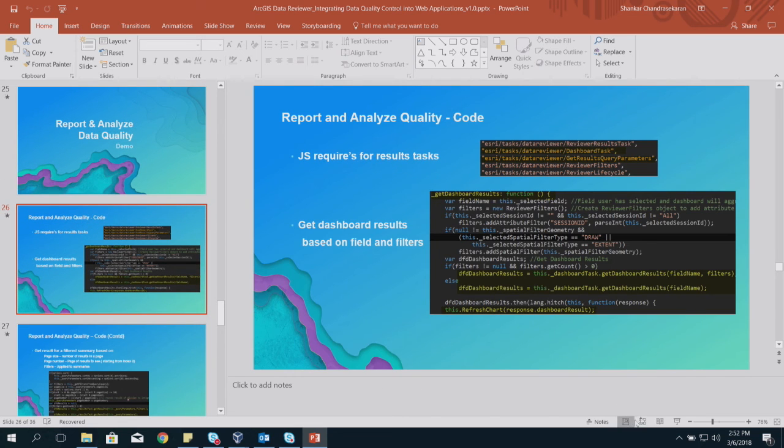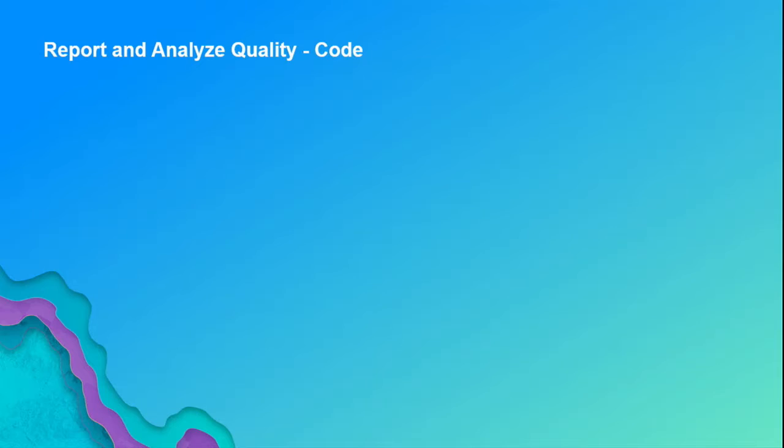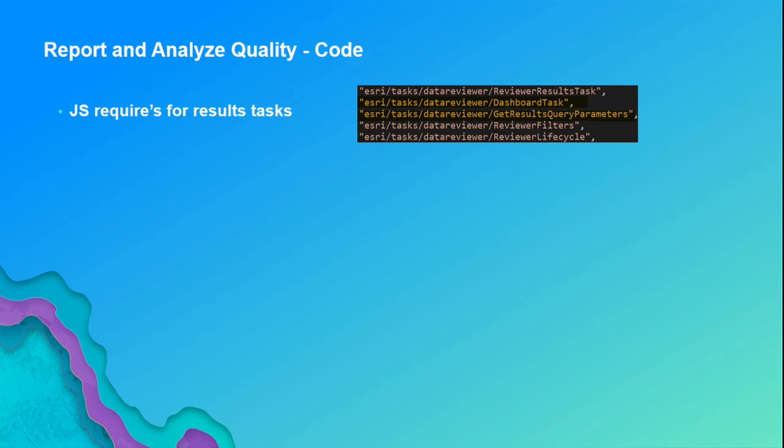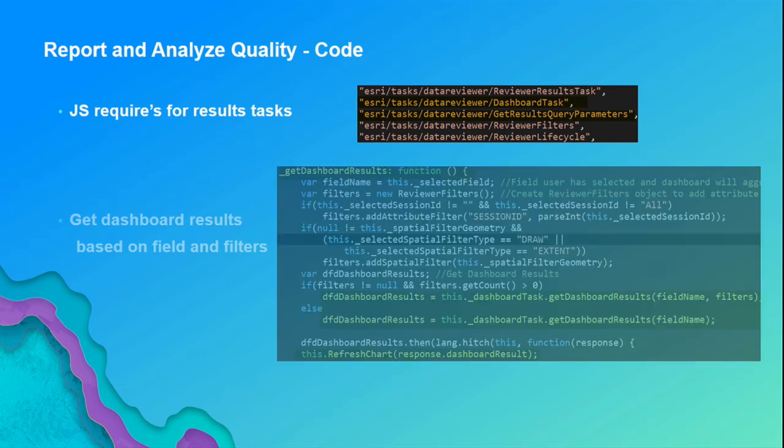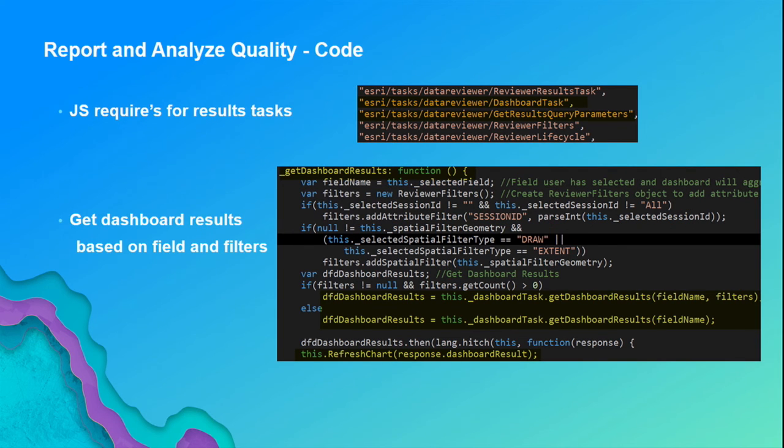So briefly looking at one last aspect of the code, which is the dashboard task. So what we have is the dashboard task that is being used as part of summarizing these issues. We also use the results task to display those errors. And we provided some query parameters. So basically what we do is we create a dashboard, we ask the dashboard for results based on specific criteria like severity or feature class or the session name. And based on that, we got some results back, and we demonstrate or display that data as part of a